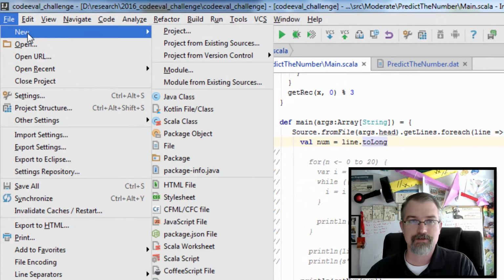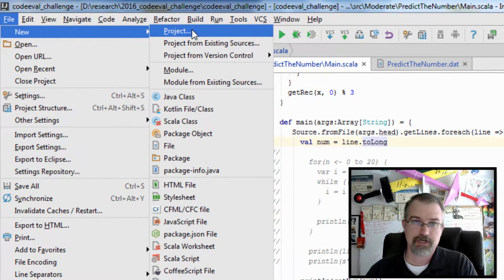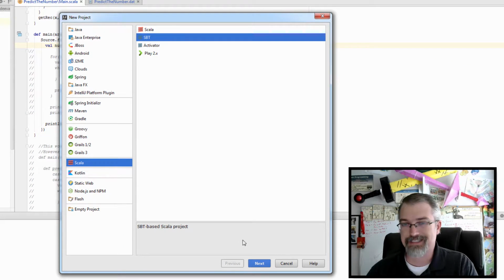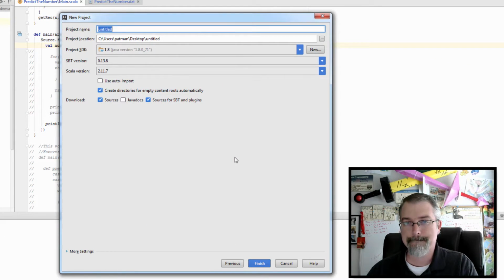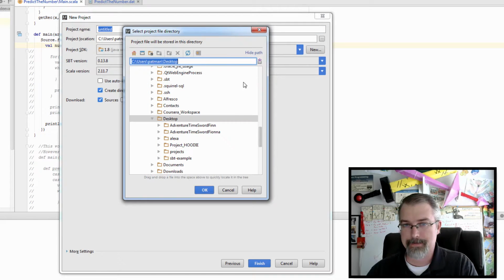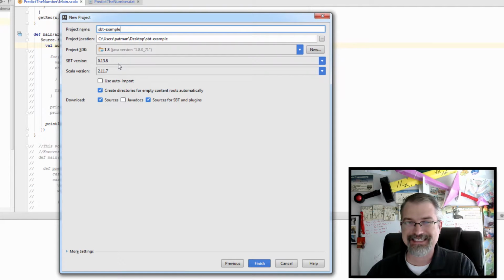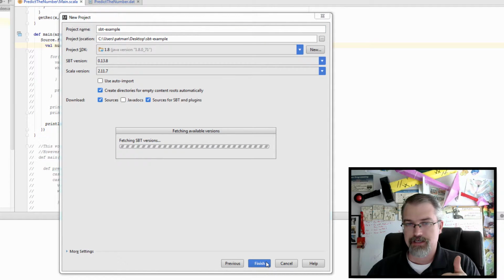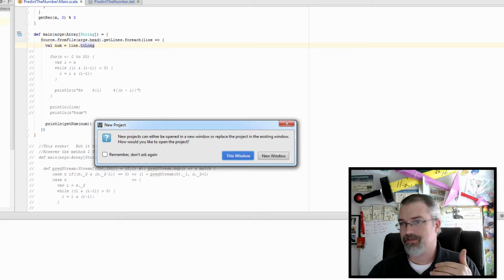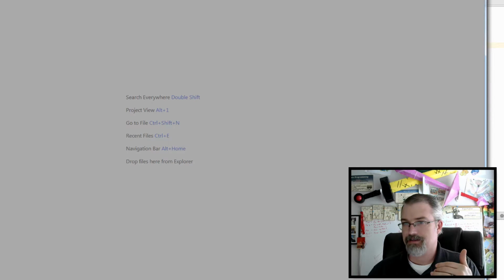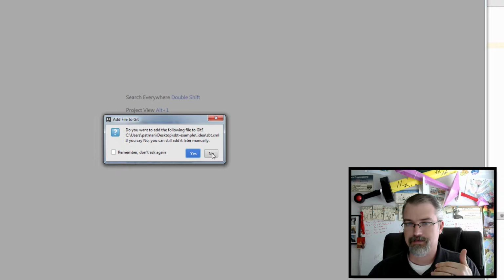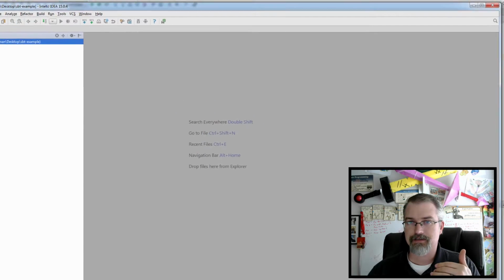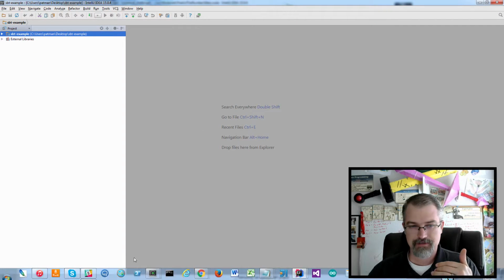Now I'll open it up. So here I'll go File, New, Project, Scala SBT, Next. I'll go grab it. There it is right there. And I have my correct SBT version 0.13.8 and Scala 2.11.7. I look good. Click Finish. I don't want to add git stuff. Okay, so now my Ivy,